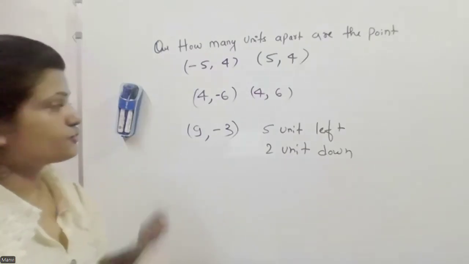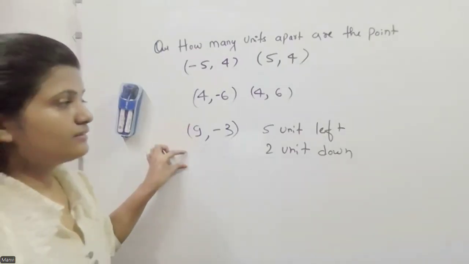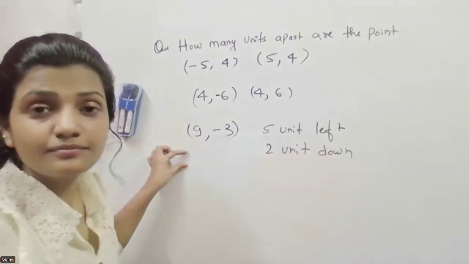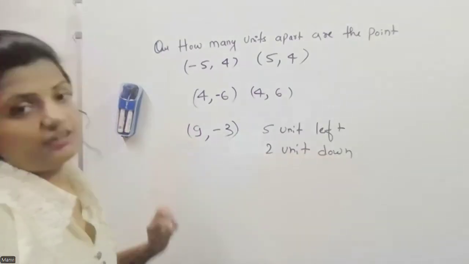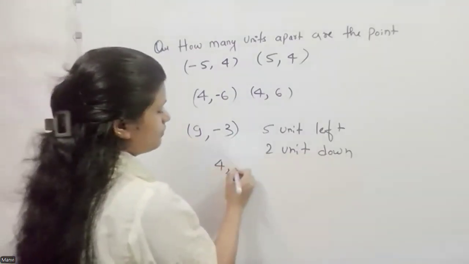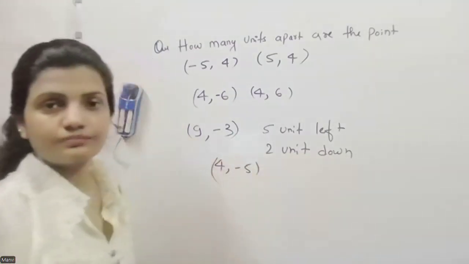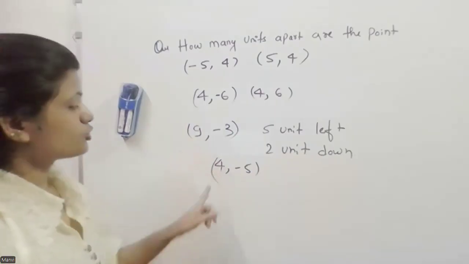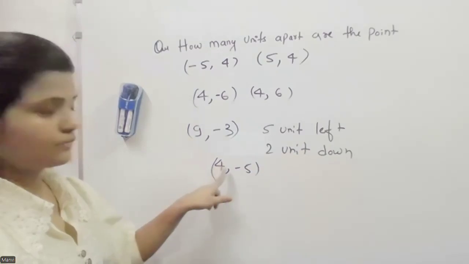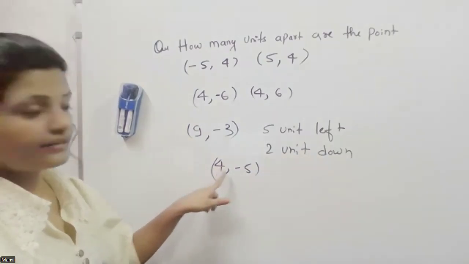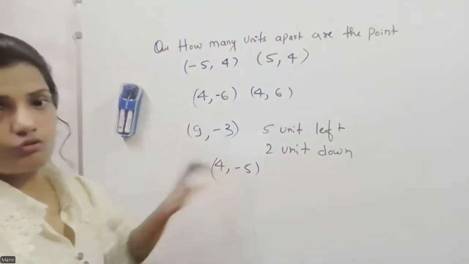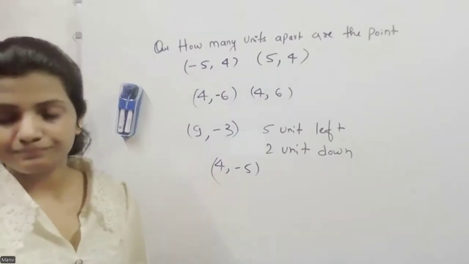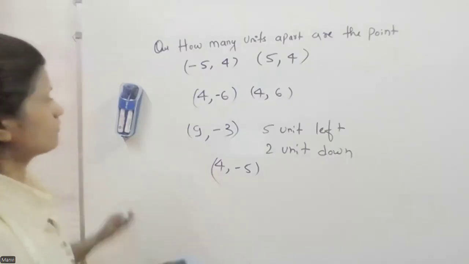Use that same approach. First write this value and then for the across, 5 left. Sorry? Minus 5. Very good. The answer is 4 comma minus 5. Always write like this. Kavya, inside the closed bracket, you have to write the value of across, which is the value of x, then put a comma, then the value of y, and then close the bracket. Okay?